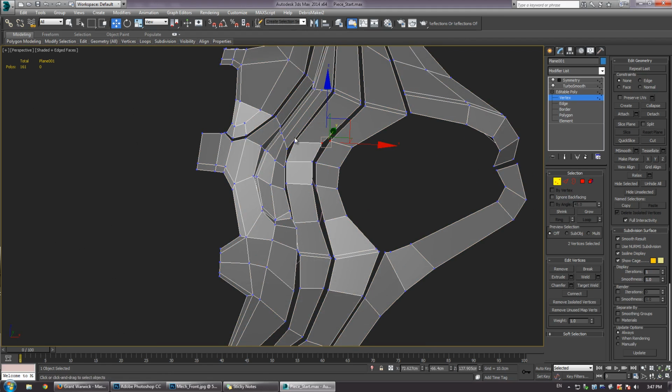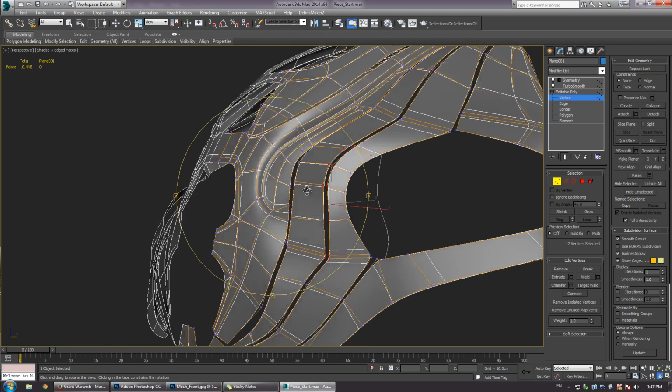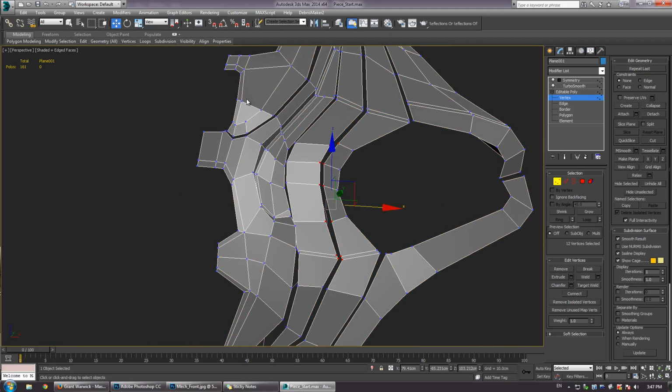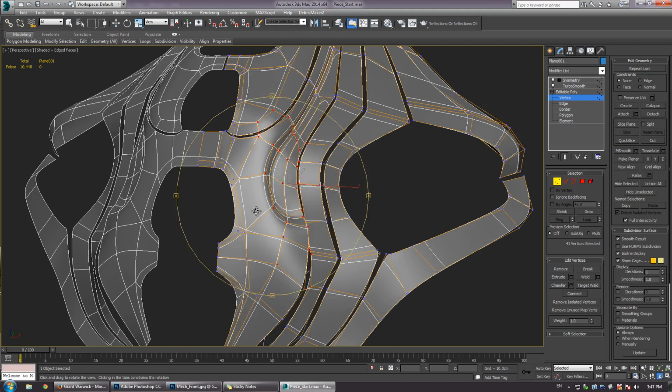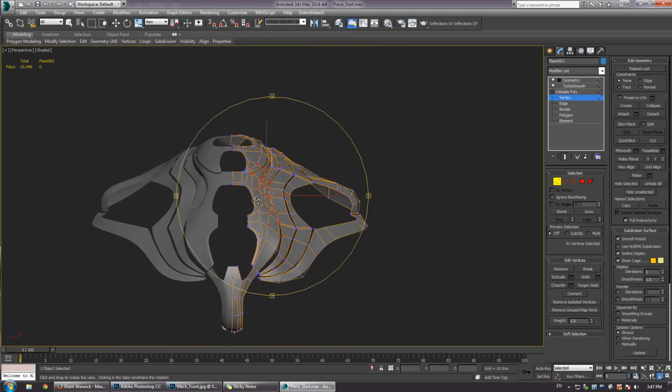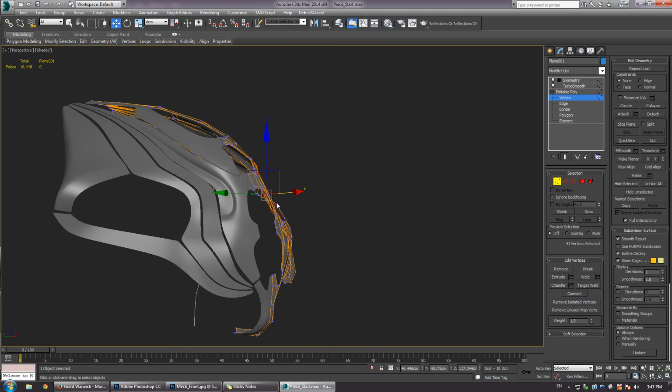So I'm just going to get these points and pull them a little bit closer. I'm going to grab all these points and pull these in as well. And that didn't work, so